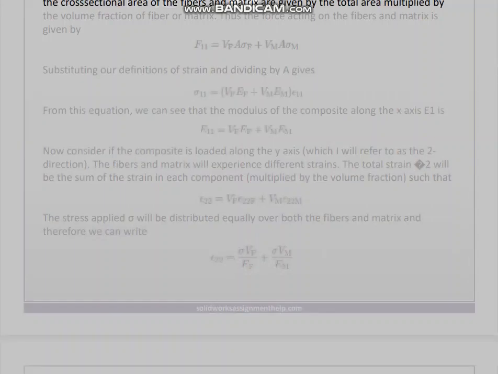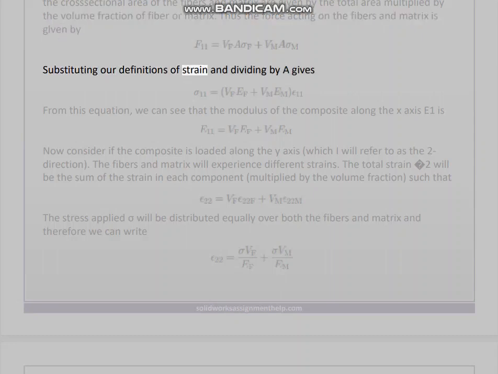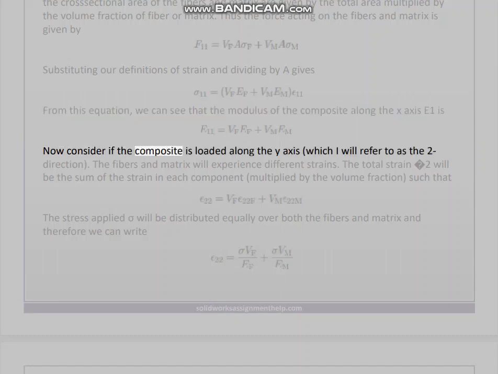The cross-sectional area of the fibers and matrix are given by the total area multiplied by the volume fraction of fiber or matrix. Thus the force acting on the fibers and matrix is given by substituting our definitions of strain and dividing by A gives, from this equation, we can see that the modulus of the composite along the x-axis E1 is